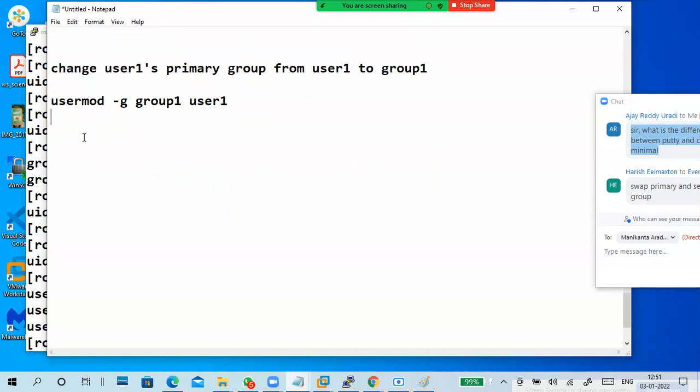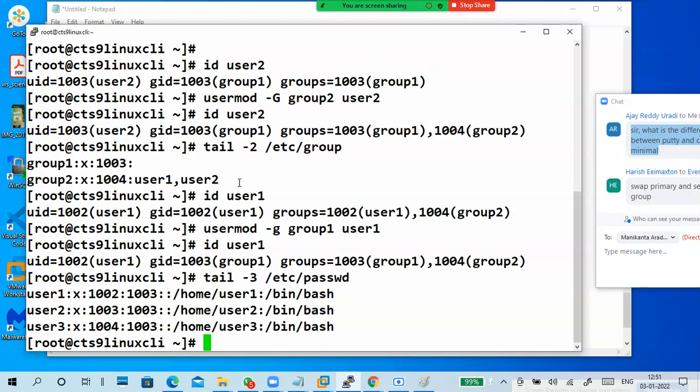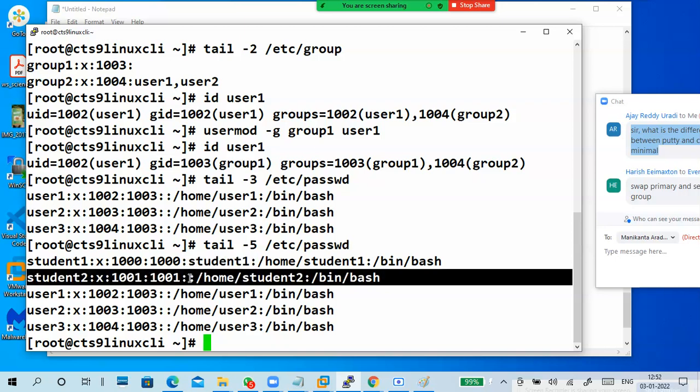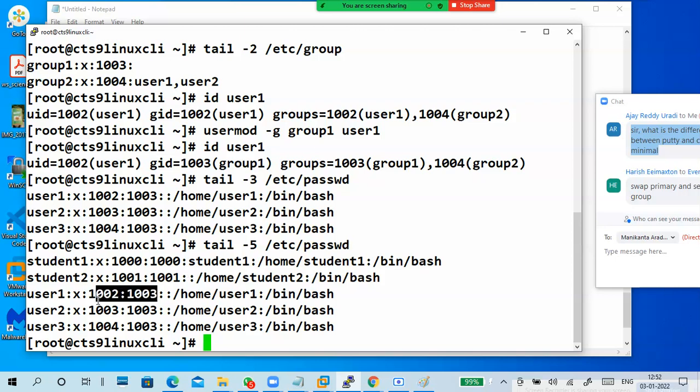Guys, look here. User1 doesn't have a comment, so it is better to put one. See, student1 has a comment, but here there is no comment, and here also no comment.